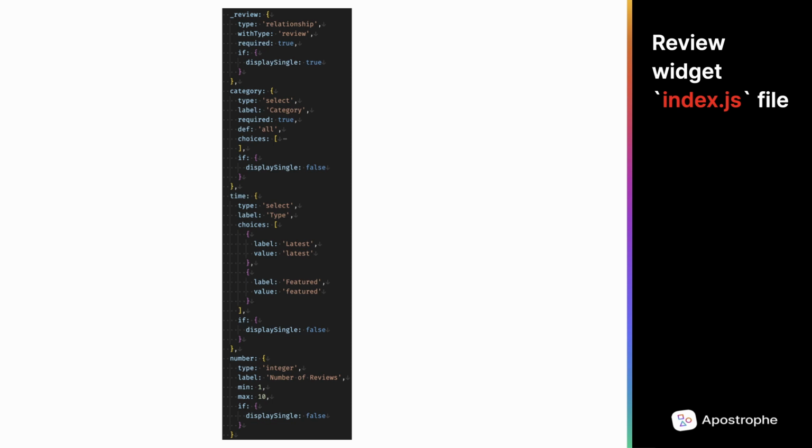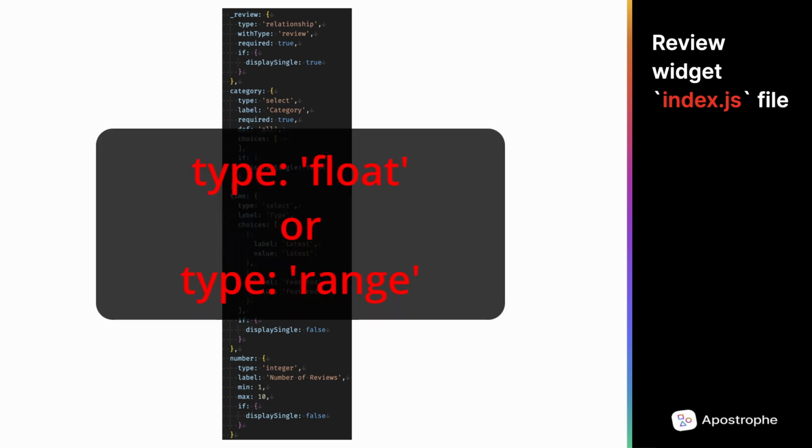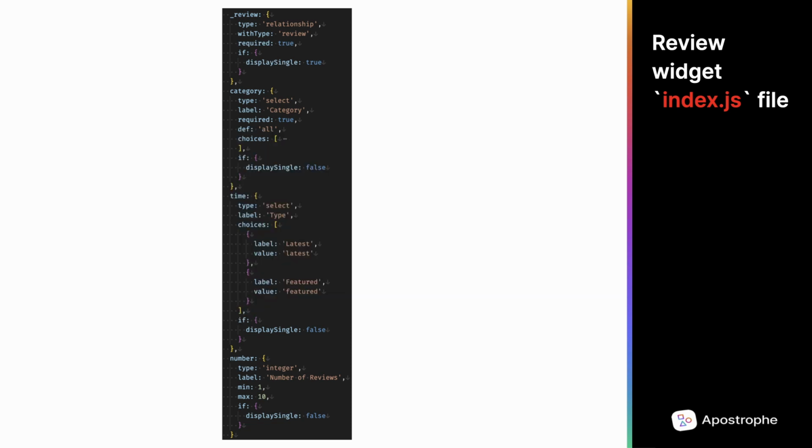The last, number, is an integer schema field. This takes whole numbers between the optional min and max values as input. There is also a float input field for the input of fractional numbers, but we're not using that in this project. We could also have used a range schema field for a slightly different UI. We're going to ignore the final section of this code that adds a component until we add markup to the